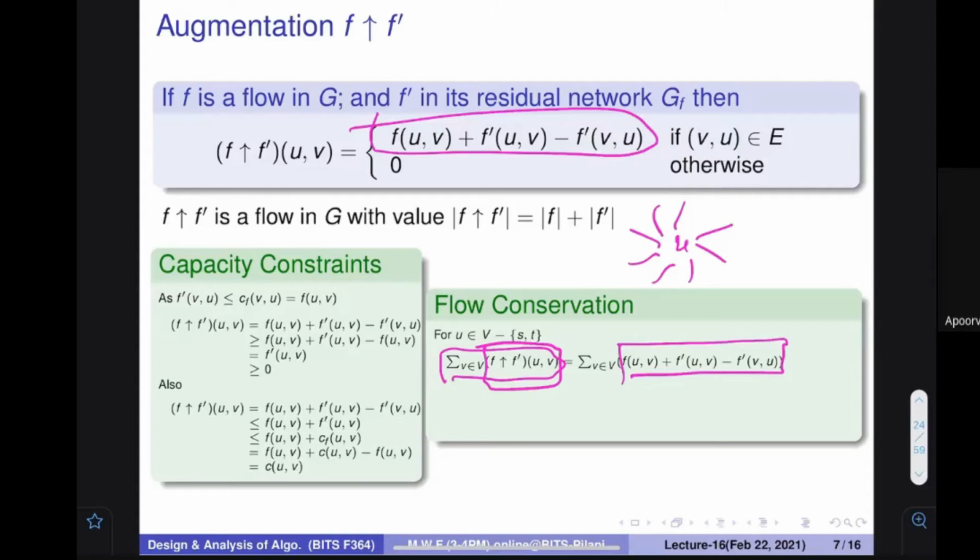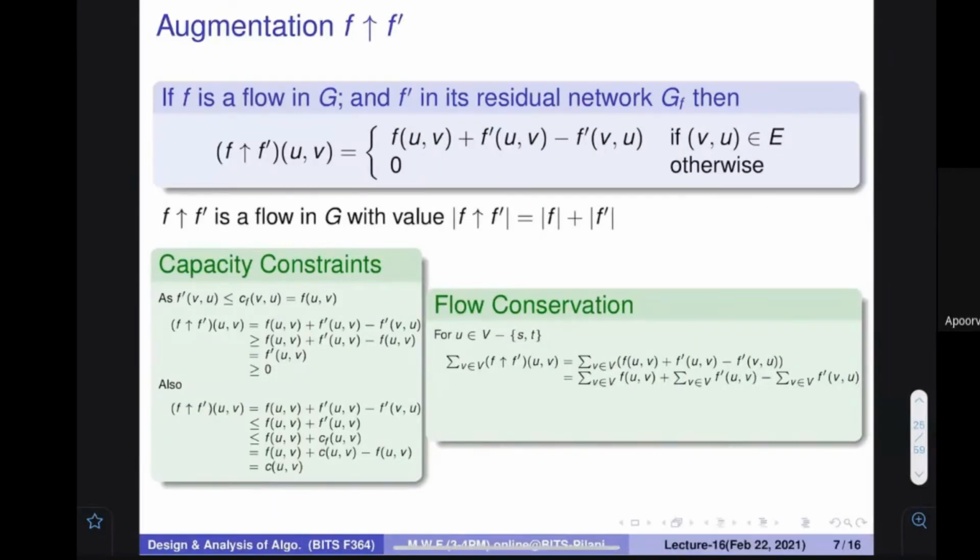f(u,v) plus f'(u,v) minus f'(v,u). You can take this summation inside to three places. Then this particular formula becomes this. Any questions on that? That the summation goes inside. And you know that when we take it inside,